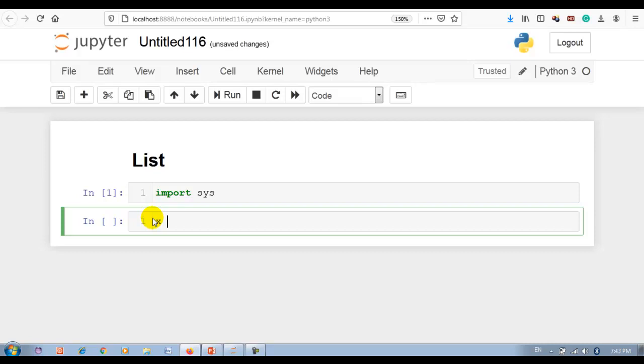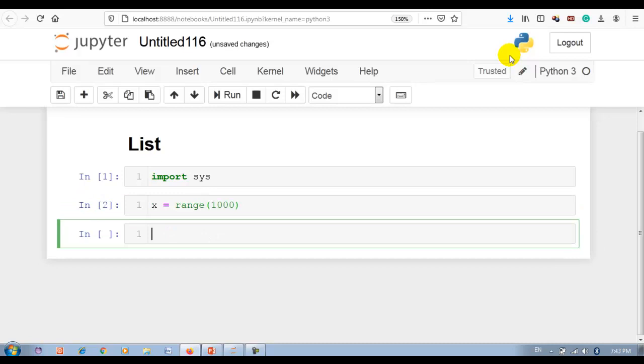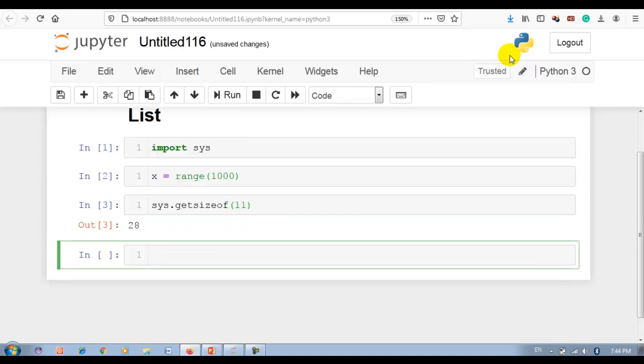So now using the range function, let me give 1000 elements. Now sys.getsizeof, you can pass an integer. Let me pass 11. You can see it returns 28 bytes. It means one element or one integer requires 28 bytes if you are using Python.